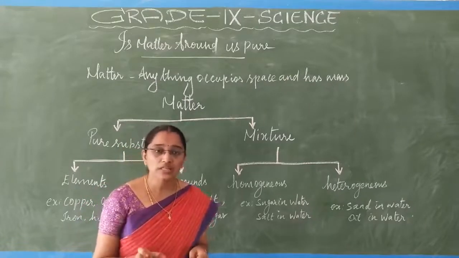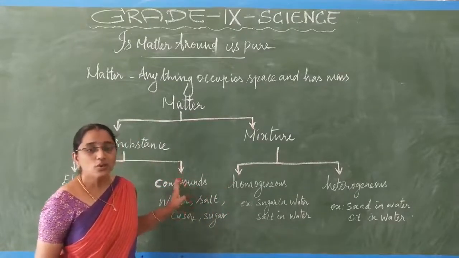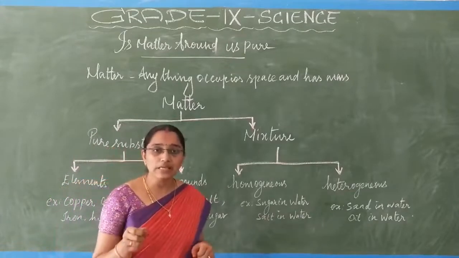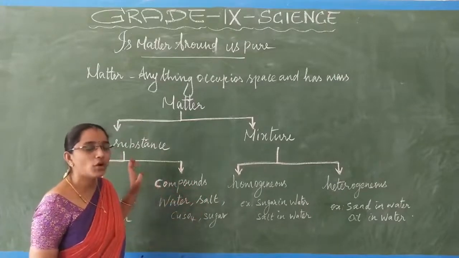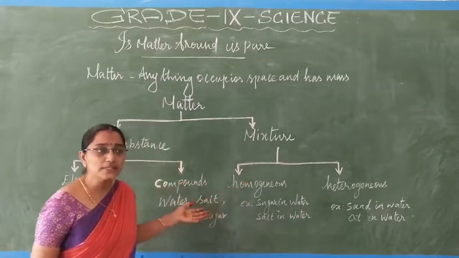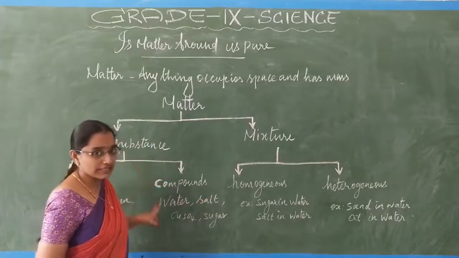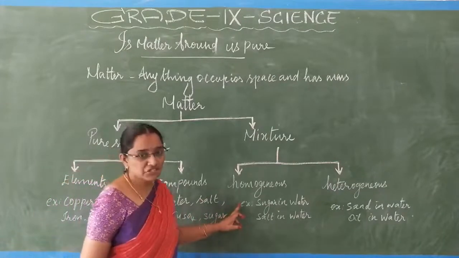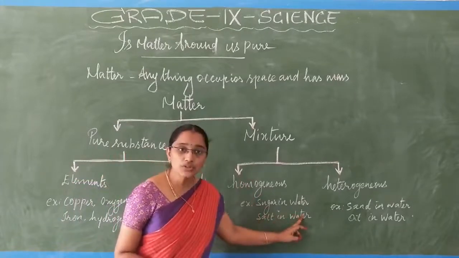Okay, so based on that, we are going to discuss matter and its classification. So what is matter? It is in the form of solid, liquid or gas, having space and some mass. We may classify matter into two types: one we call pure substances and the other mixtures. Pure substances, we know, are made up of only one kind of particles. Pure substances are again classified into two forms: element and compound. For mixtures, we have two types: homogeneous mixture and heterogeneous mixture.